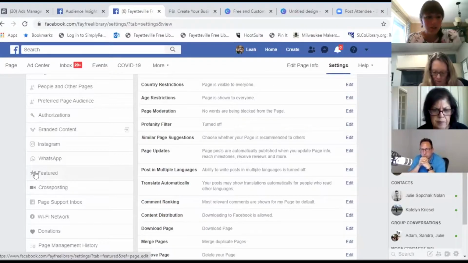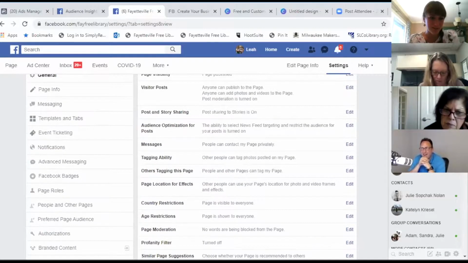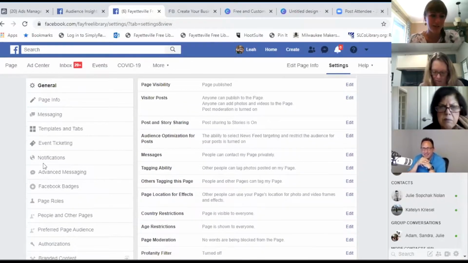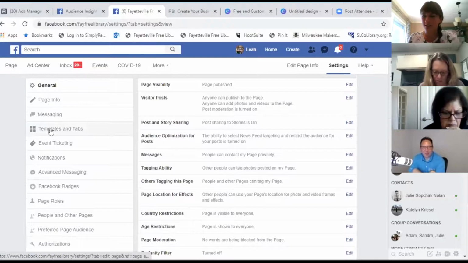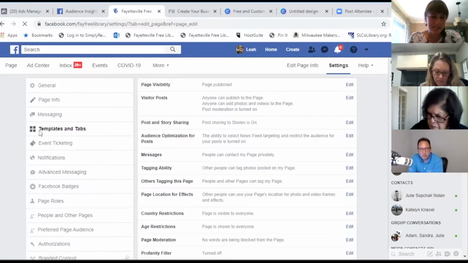So there's so many settings, but I just want to highlight a couple that you can make sure you're using to the best of your ability. And one is this templates and tabs function. So under templates and tabs,